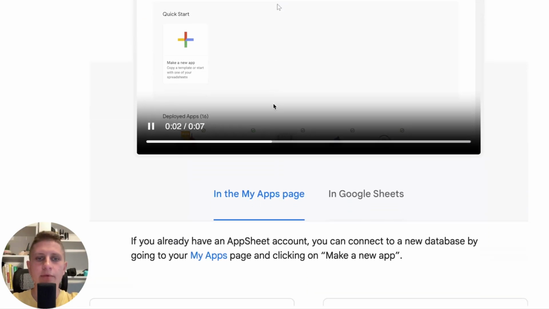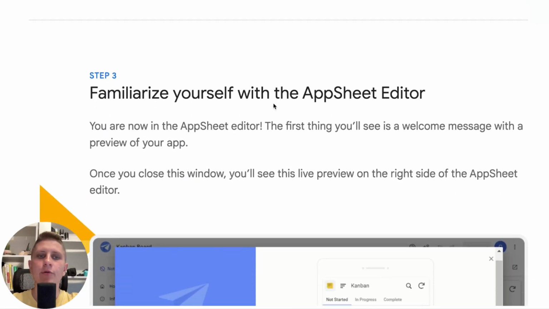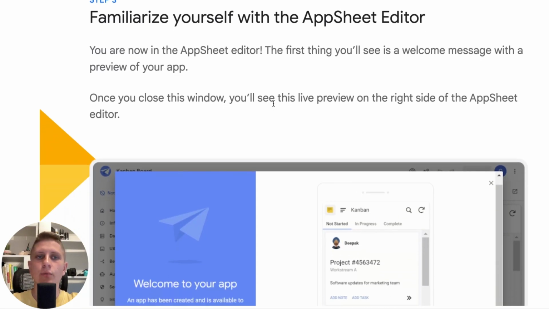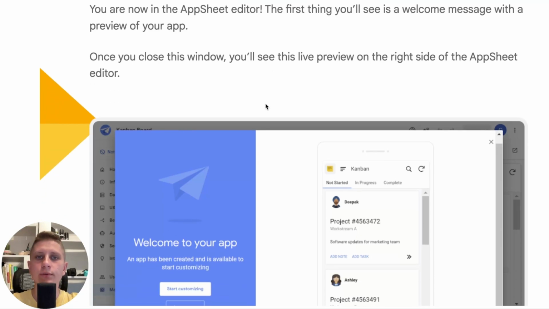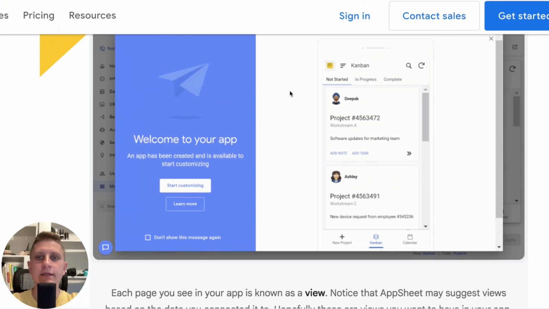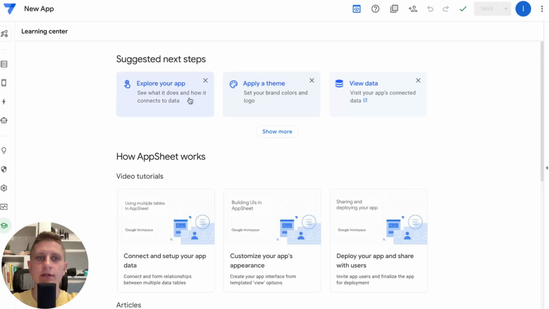The next step is to familiarize yourself with the AppSheet editor. So we are now in the AppSheet editor. The first thing you'll see is a welcome message with a preview of your app. Once you close this window, you'll see the live preview on the right side of the AppSheet editor. So basically this page looks like this. So let's try to open it. As you can see,